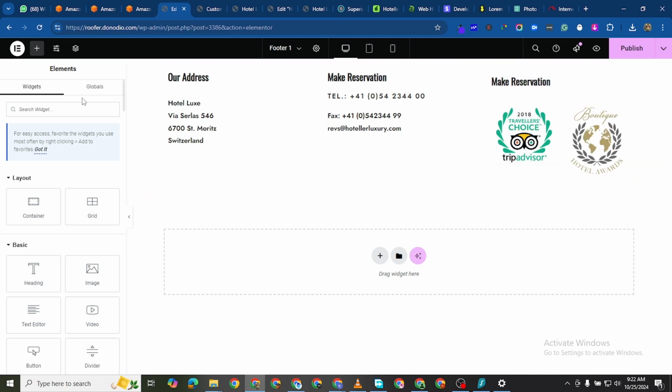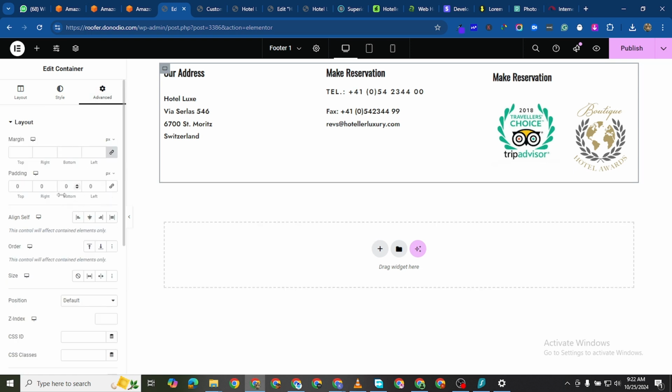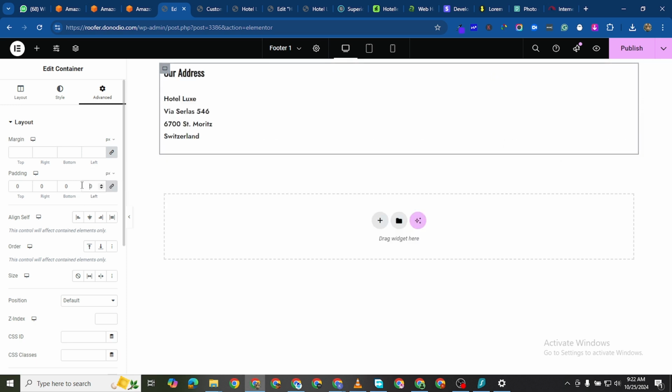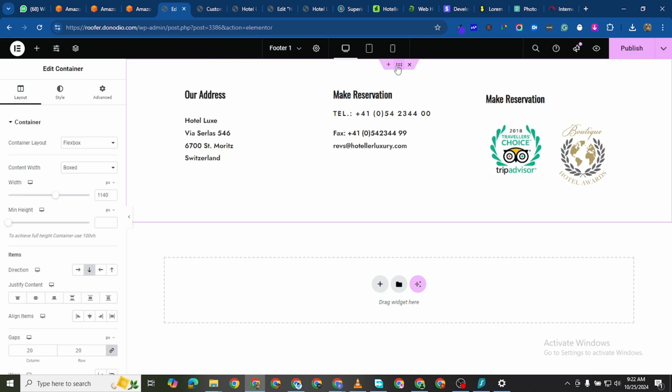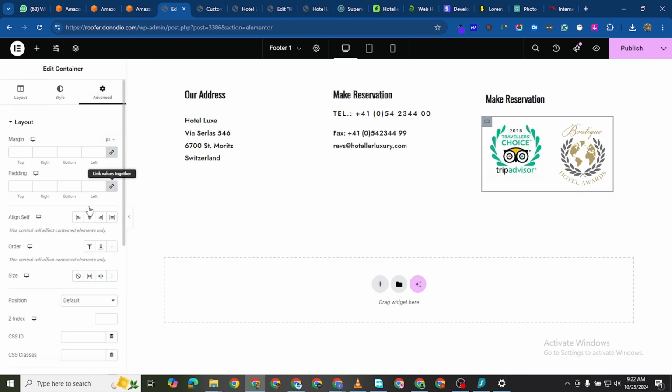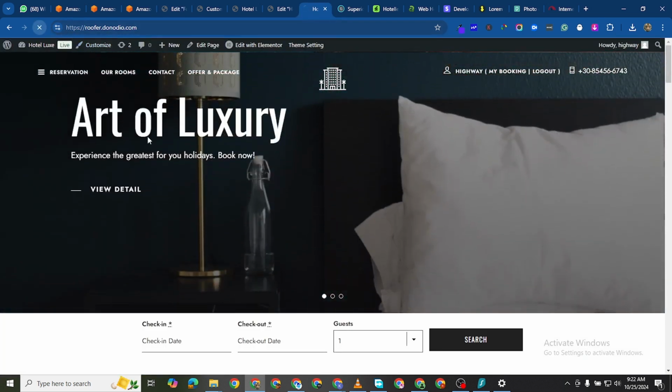All right. So the first thing I want to do is remove the padding for this particular one. Then now I can close it back and give it all around padding to be 50. So this is this for the header and the footer. And for these two, I can remove the padding. And if I publish that, now if I reload my website,